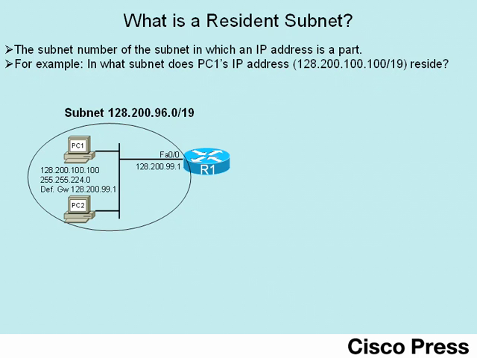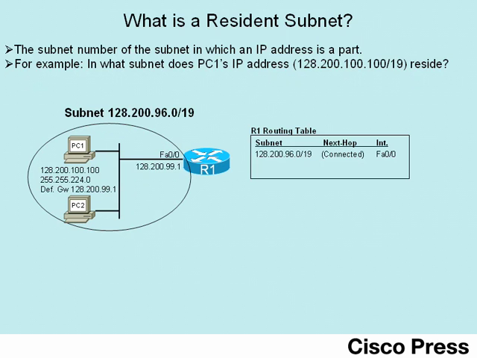Now, why do we care? Well, one reason you might care is that router R1 that's connected to that subnet is going to end up adding a route to that connected subnet to R1's routing table. Here we see a representation of R1's routing table that lists that subnet as a connected route off the Fast Ethernet 0/0 interface off R1. If other routers existed in the picture, R1 would then advertise a route for that same subnet to the other